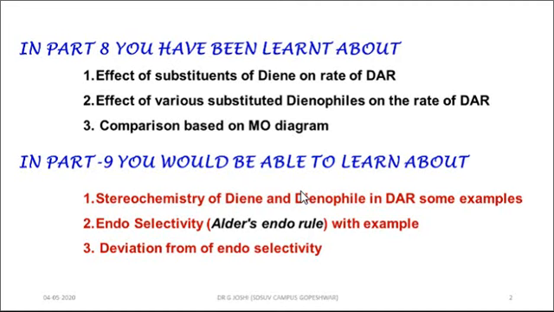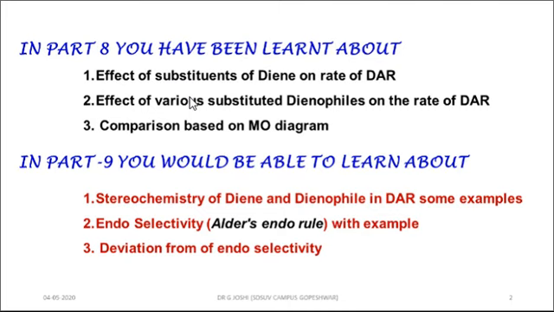We have also discussed the effect of various substituted dienophiles on the rate of Diels-Alder reaction, and a comparison was made based on molecular orbital diagram on the reactivity of